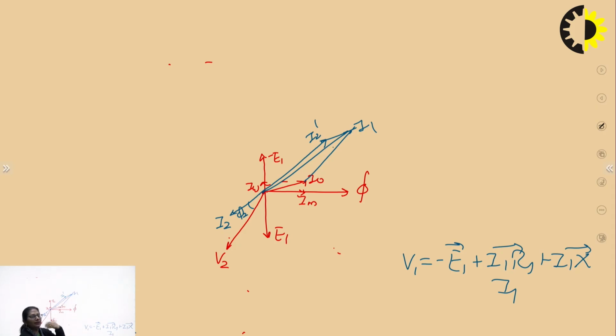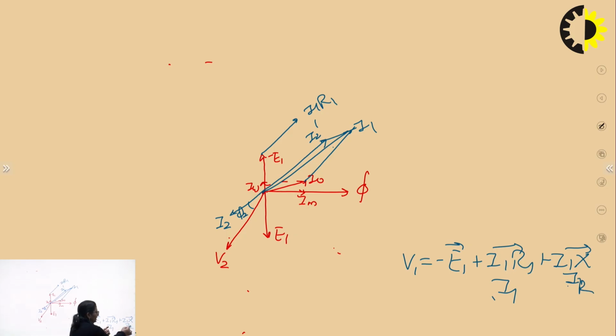If that is so, I1 R1 must be plotted in such a way that it is in phase with I1, but should be added to minus of E1. Minus of E1 is here. So adding I1 R1 in such a way that it is in phase with I1, I have drawn it parallel to I1. Then the other phasor, that is I1 X1. What is this? This is an inductive voltage, right? If it is an inductive voltage, this voltage will